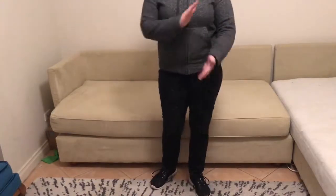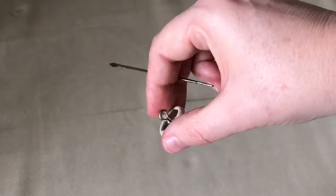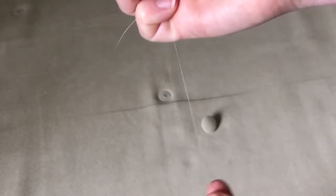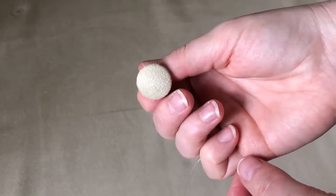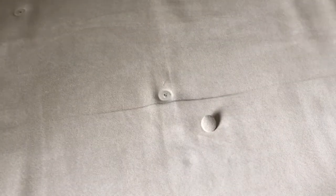Okay, so I have here my covered button with a loop back and the longest needle I could find, and I'm using fishing line for this. I would normally use a fine string, but I don't have any fine strings, so this is going to do. And I've also got the back button. So the first thing we want to do